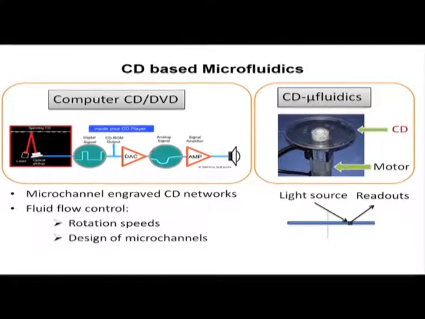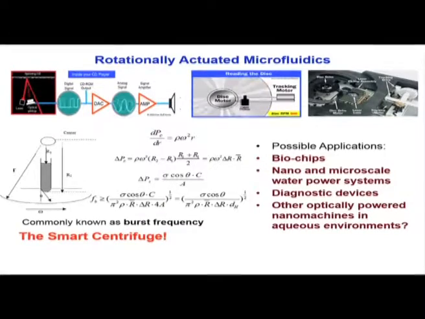It is just the shape, but if you can somehow combine the optics that you commonly use for the CD platform with the fluidics that you have in a rotational platform, then you can use this for detections of several things in a very smart optical environment. So it is possible that you can take the CD based microfluidics to a new level, where you can combine optics with the rotational microfluidics.